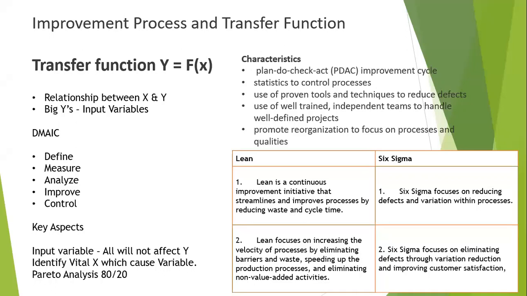Okay, and coming to the process, PDCA plays a major role. Plan, do, check, and act. This is a major one for doing any improvement. We'll go in depth on it. Then statistical process control, and it uses proven tools and techniques to reduce the defects. It has all the tools within Six Sigma. And we have to use a well-trained